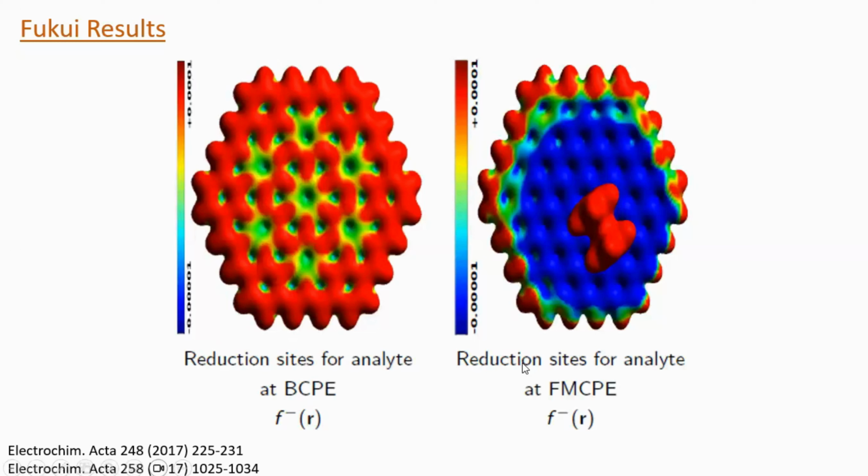reactive. Now if I place ferrocene or analyte on the carbon surface, and if I calculate the Fukui negative, I can clearly see in this system, if I remove an electron, maximum electron density changes occurred here. That means through the ferrocene, oxidation of the electrode is occurring. Now, if I sweep the